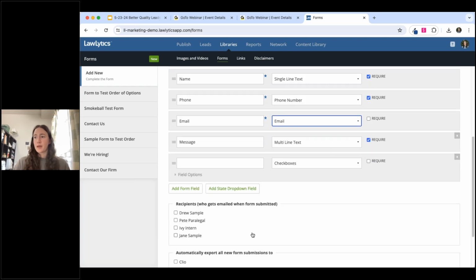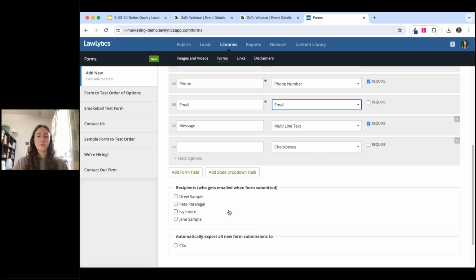And while we're on that, if you were a solo attorney, you would be the main recipient of these form submissions, of course. But if you had other people in your office, you can assign multiple people to receive these intakes, or maybe you just have the one person that handles intakes in your office.